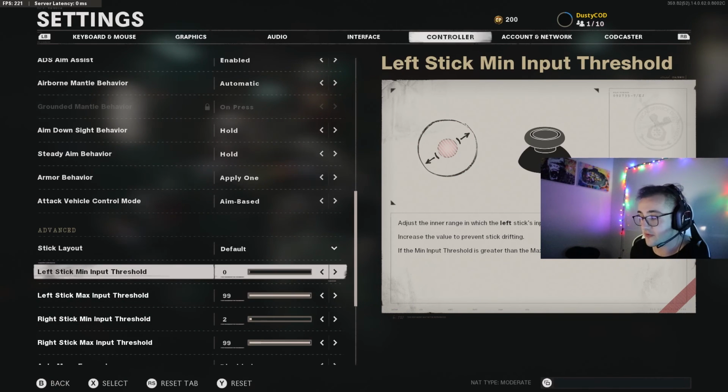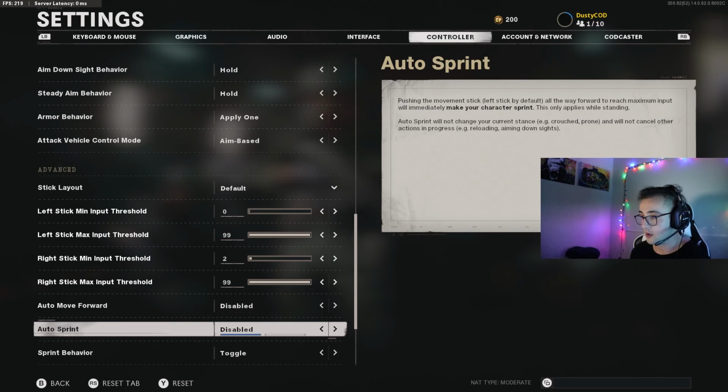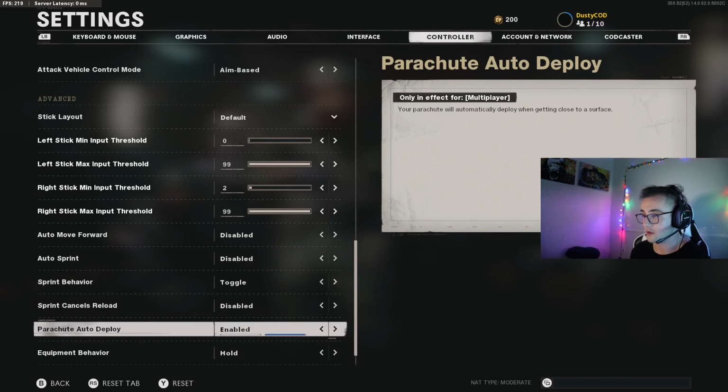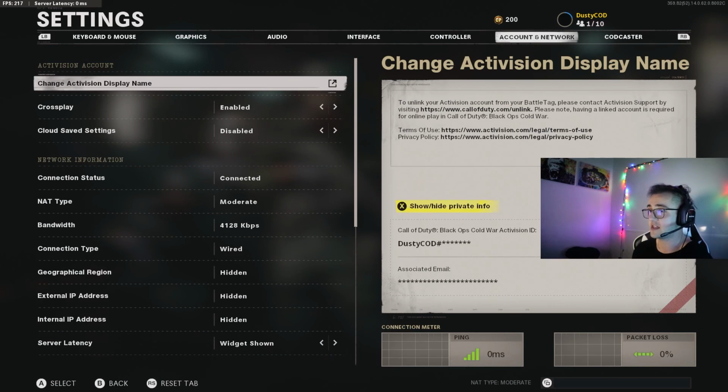0 obviously on the left one, because this is just your moving analog stick, so you want that to be as responsive as possible. Auto sprint, we went over that. Disabled. All these. All right, and the last thing, guys, that I'm going to go over